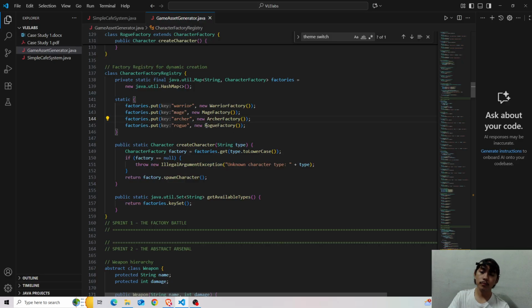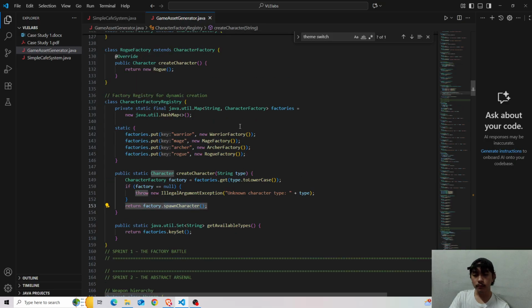And else, if it's not null, then it will return factory.spawn character, depending on what type of character factory, and the character designated to that certain character factory will be created, right?